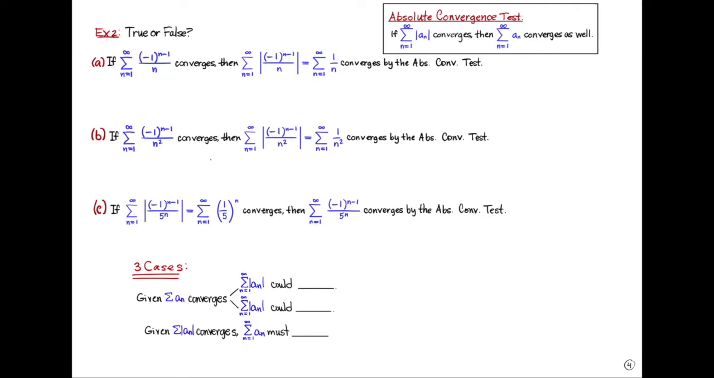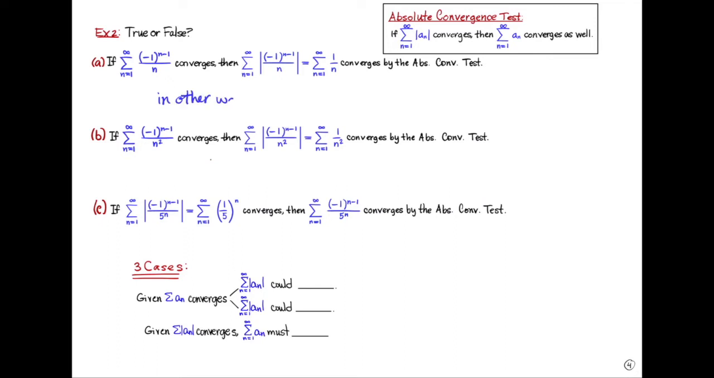In our next example, let's determine if the following statements are true or false. In part A, we have the alternating harmonic series, and if we're given that it converges, then the series of the absolute value of the terms has to converge by the absolute convergence test. Now this is pretty obviously false, since we just did this example on the previous slide, but to generalize,